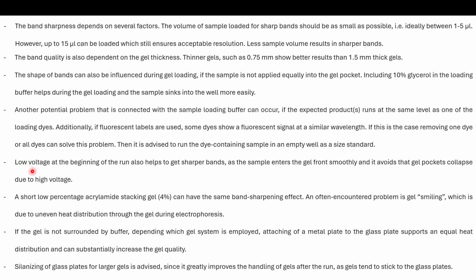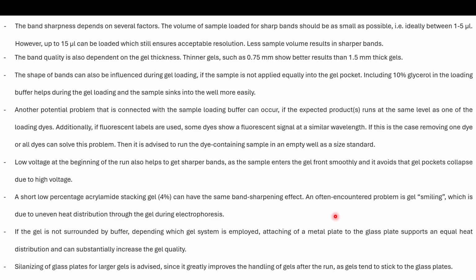Also, starting with a low voltage at the beginning of the run will help to get sharper bands, as the sample can enter the gel front smoothly, and it prevents the gel pockets from collapsing due to high voltage. Another thing is, if you use a short or low percent acrylamide stacking gel, that can have the same band sharpening effect. An often encountered problem is gel smiling, which is due to uneven heat distribution through the gel during